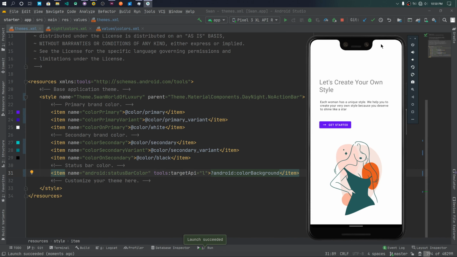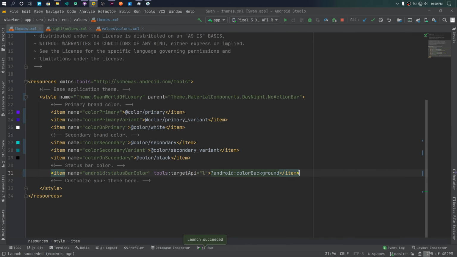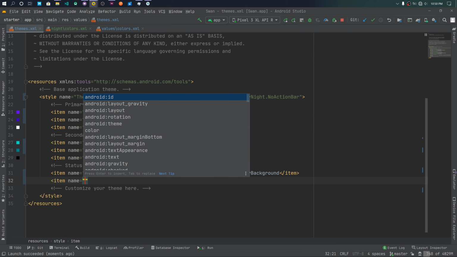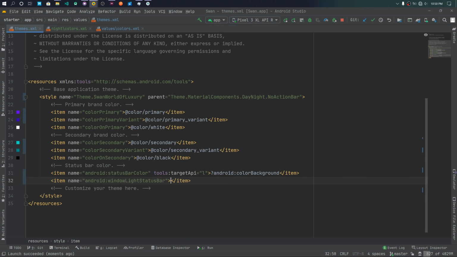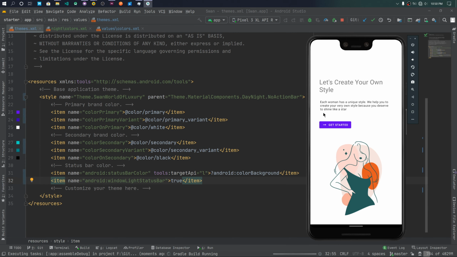Good. Now we cannot see the icons in the status bar, right? So I'm going to enable one more option over here, and I'm going to call this light. It's called light status bar, and it takes in a boolean true or false. So let me just set this to be true for now. When I set this to be true and I run the application,